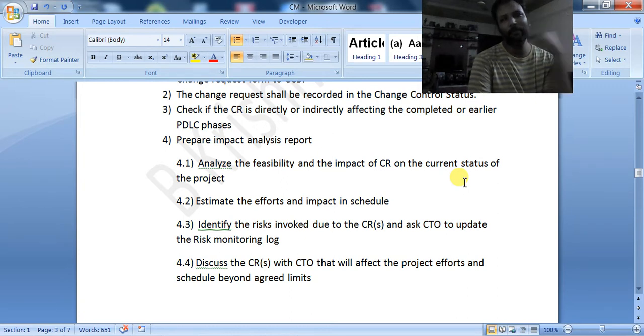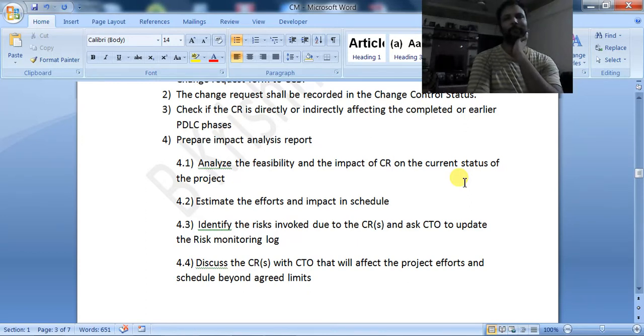How much rework we have to do, how much coding will be wasted, how many modules are affected. They will do the impact analysis, and check how many more man hours it will take to develop these new requirements.